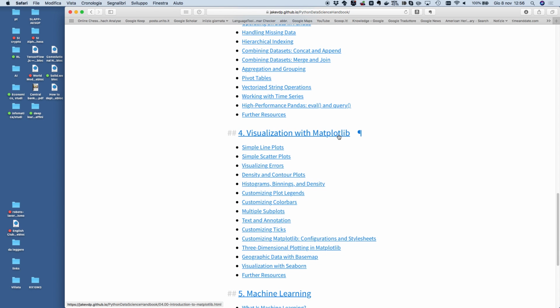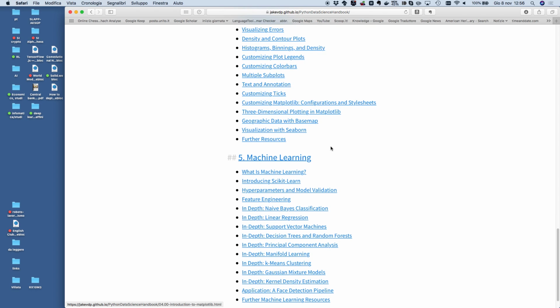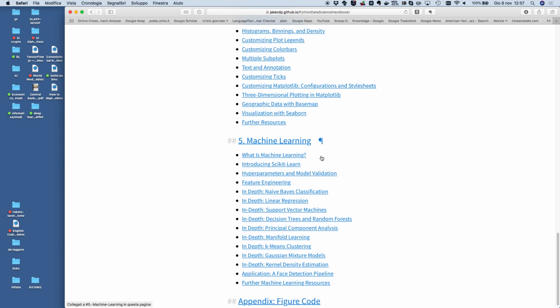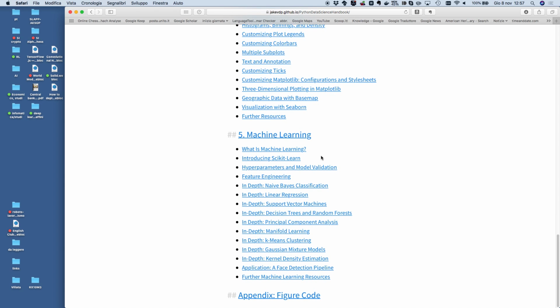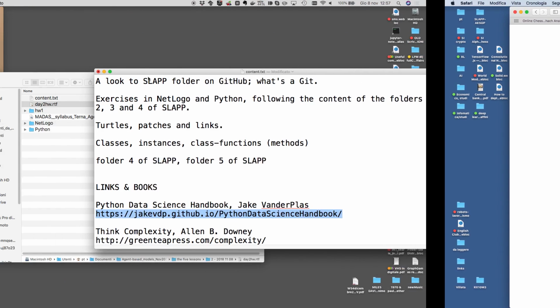Matplotlib, how to plot. Machine learning. A lot of applications in machine learning, starting from the simple friend of the linear regression, because in machine learning, one of the pillars is traditional linear regression. Okay, the second book